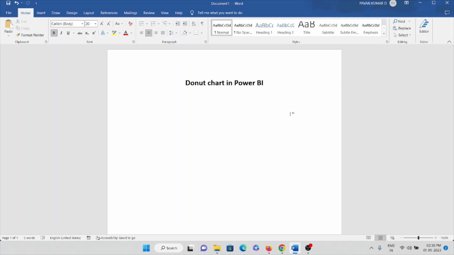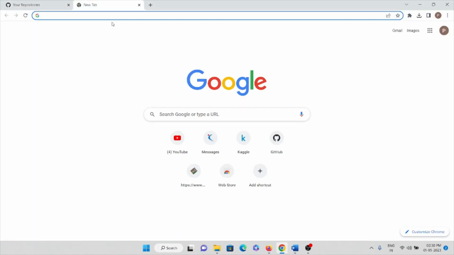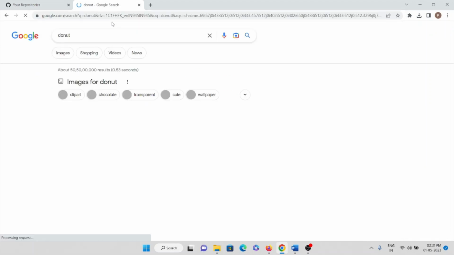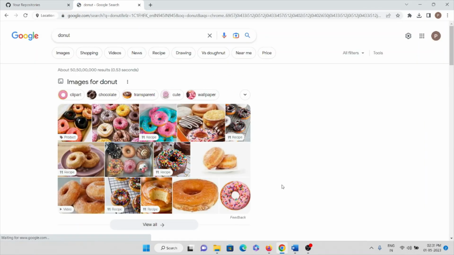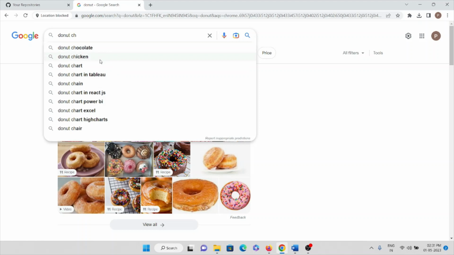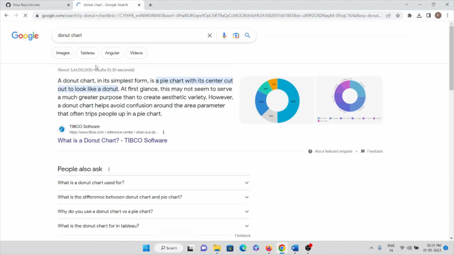So when it comes to donut, you might have all eaten the donut. The donut looks exactly like a circle. So here you can see the donut circle, and in it has some hole. Okay. So in the same way, the donut chart is also in the same way. So it looks exactly in the similar way, like the way you have seen the donut in your real life. Okay, so you can call the donut also,